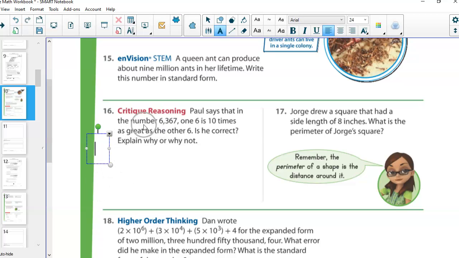So look at this 6 right here in the thousands place. That 6 stays a 6, and then everything else becomes a 0. So the value of that 6 is 6,000. And then if you're looking at this 6, the value of that 6 is in the tens place with 1 0 behind it, which is 60. So if I line these up,